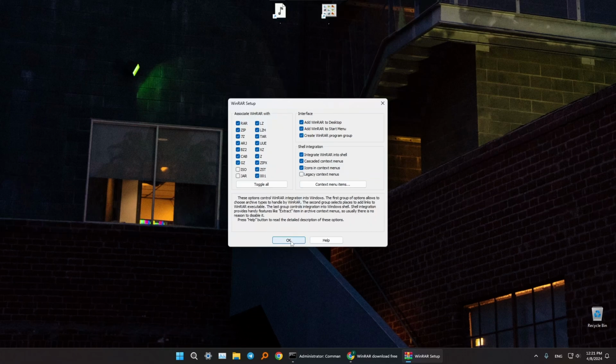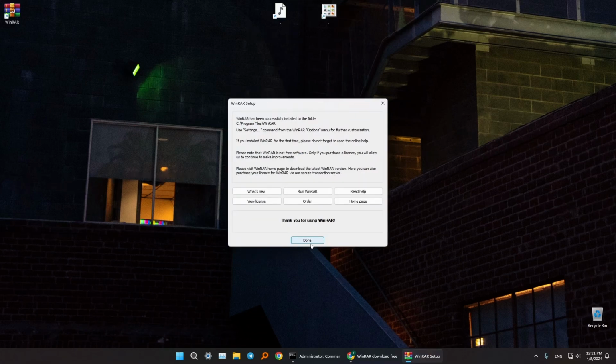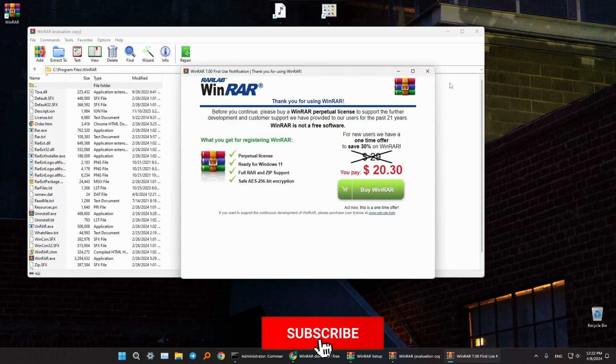And from here just press OK, and the application is now installed on your system. You can also press on this button to instantly run the WinRAR archiver. And as you can see, our app is now